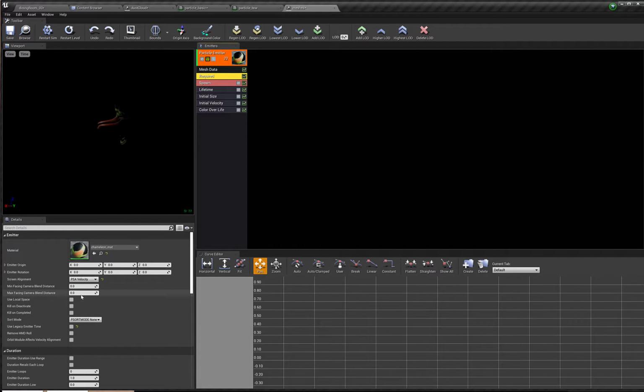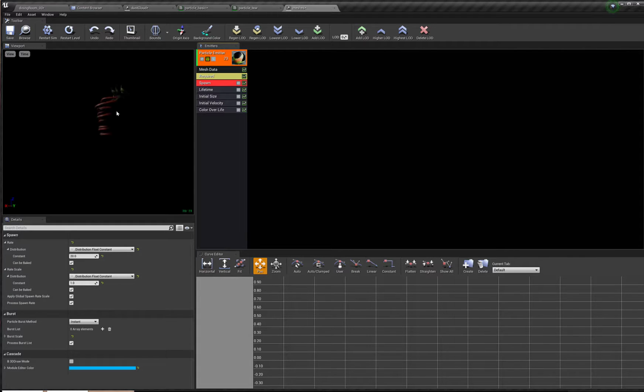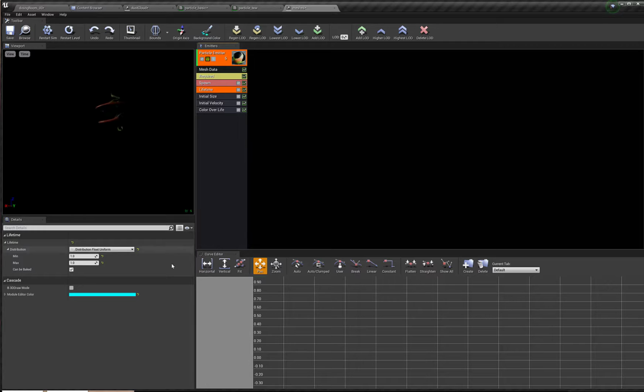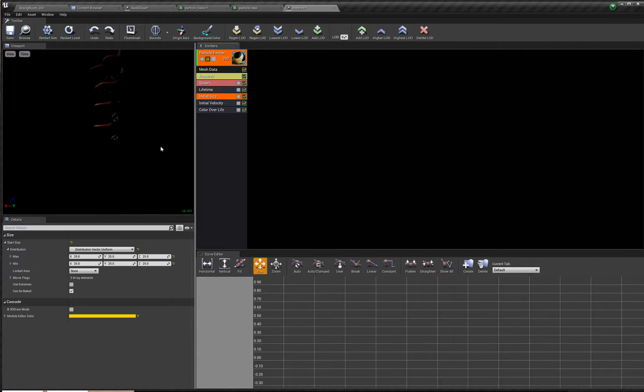Just like with the others, I'm going to set this to go by velocity. And under spawn, I probably don't want 20 chameleons at a time. Let's go a little lower. We'll do maybe 2 chameleons at a time. And I'll give them a slightly longer lifetime. Let's go up to maybe 10 or 20. I don't know, you could have them live for a really long time and just build up a lot of chameleons in your scene. Under initial size, again, 25 by 25 by 25 is really big, but since it's hard to determine what scale